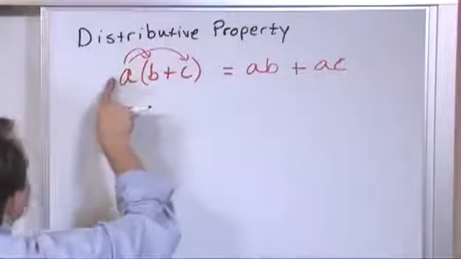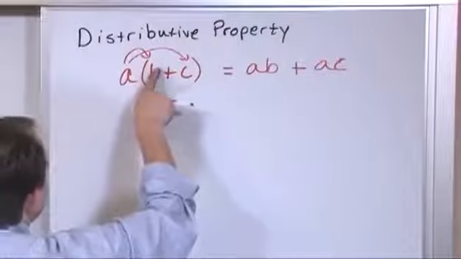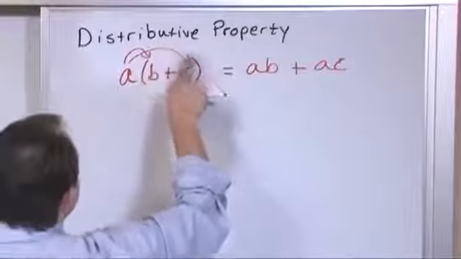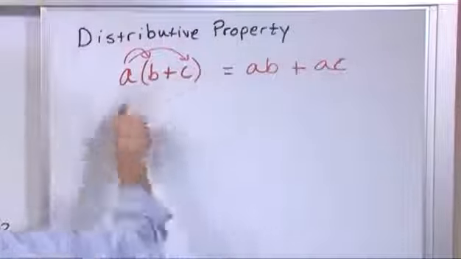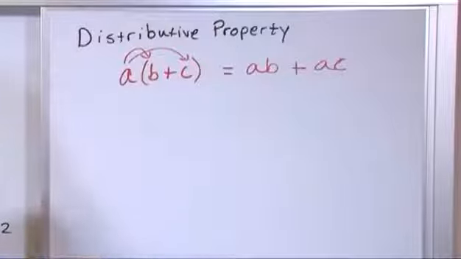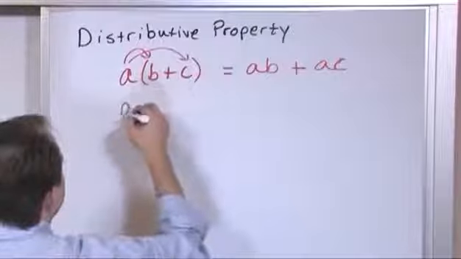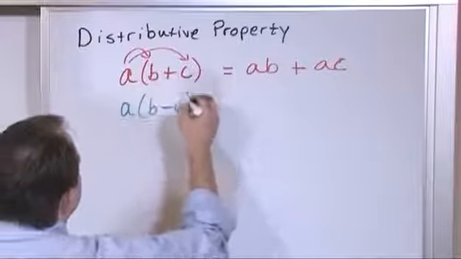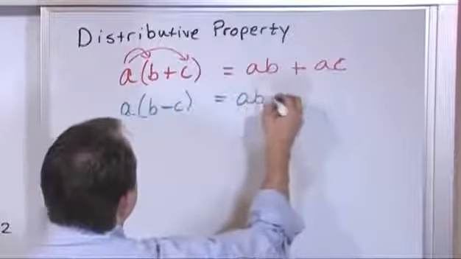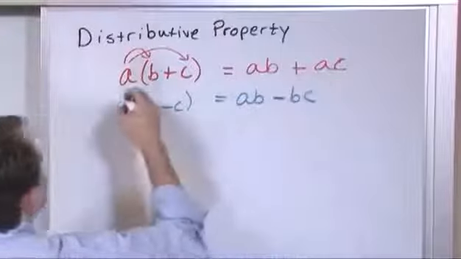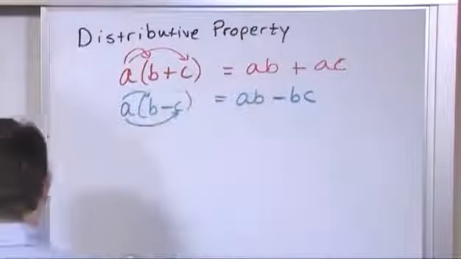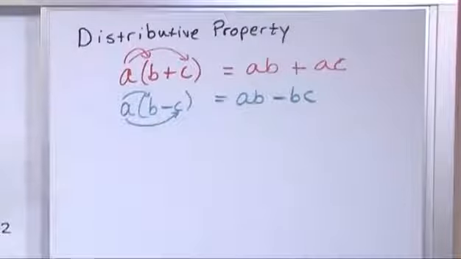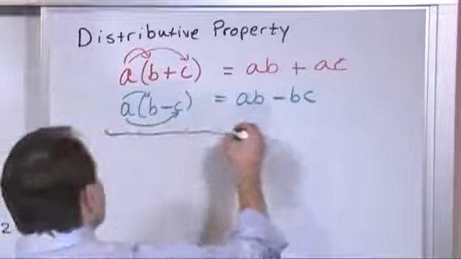So you're basically taking the A and distributing it into this term and then into this term, getting these little terms that you multiply, but then you add them together because you got a plus sign here. If you had a minus sign inside, it would behave just like you'd think. B minus C, let's say. It would be A times B minus A times C. So again, A times B and then A times C, but it's a negative sign, so you have a negative right there. This is something you're just going to have to remember, but let me show you really why it